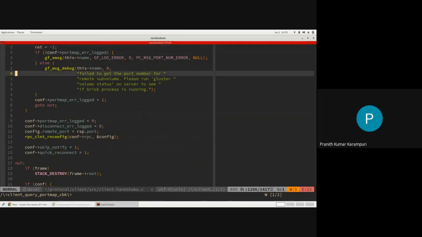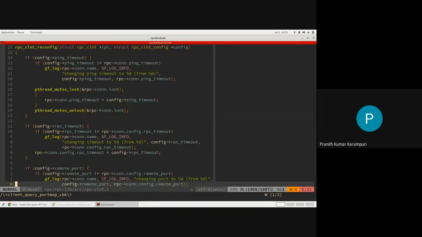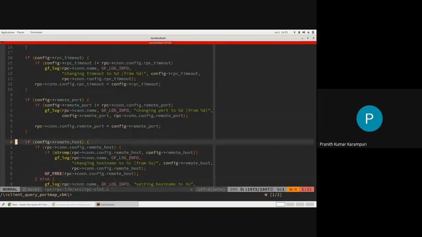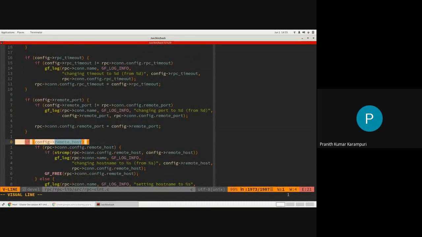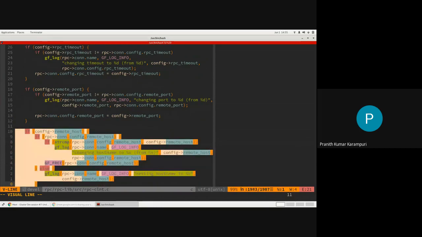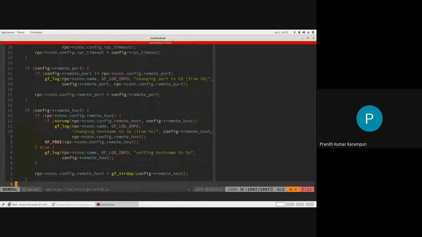Once it gets the port successfully, it will do this RPC client reconfig, which will set the remote port to whatever we get from the port query, and the remote host also. We don't need to set it because it's the same thing, but I think it is setting it. It's fine.